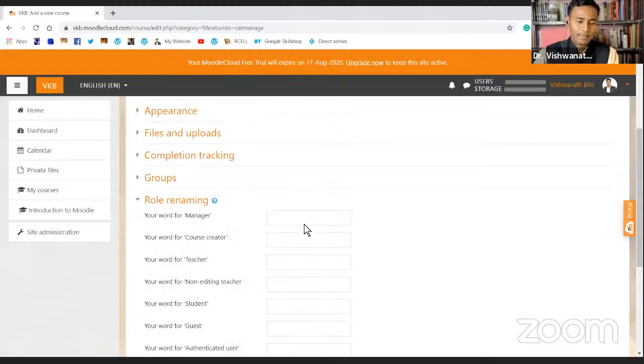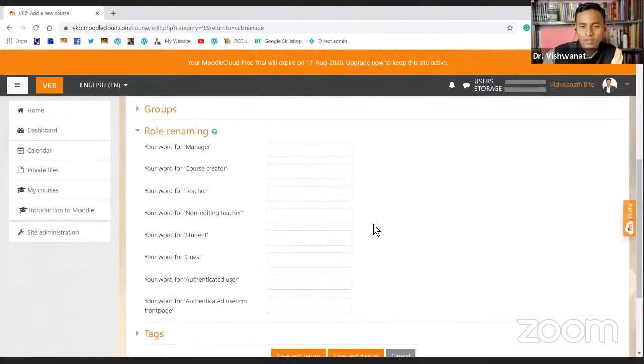Role renaming. Now this feature is for if we are referring to our teachers by other names, like in the Moodle system, it's teacher. The word teacher is for teacher, but maybe in informal situations, students might be emailing you saying sir instead of teacher.